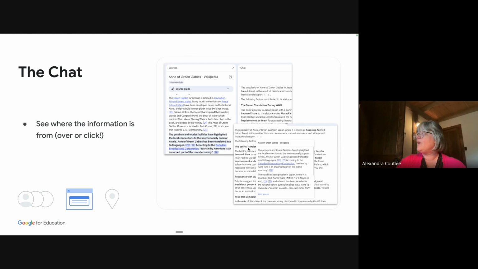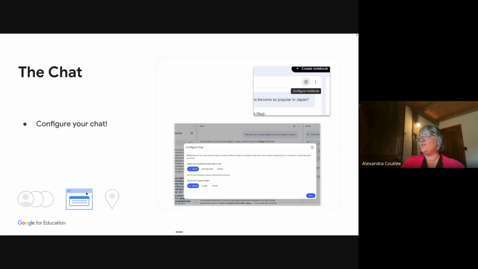Now, if you hover over the little numbers at the end of each part, there's a 1 and a 2 here that you might see very little. If I hover, it actually tells me where it pulled the information from, and allows me to click and view the source, and then it will open up in my sources and tell me exactly where it pulled the information from. Also something to show students if they're using it: where is it pulling the information from? Is the source accurate, the source that you gave it? Or maybe you're missing some sources in your research and you need to add a little bit more. So it's important for media literacy to learn about checking out your sources.